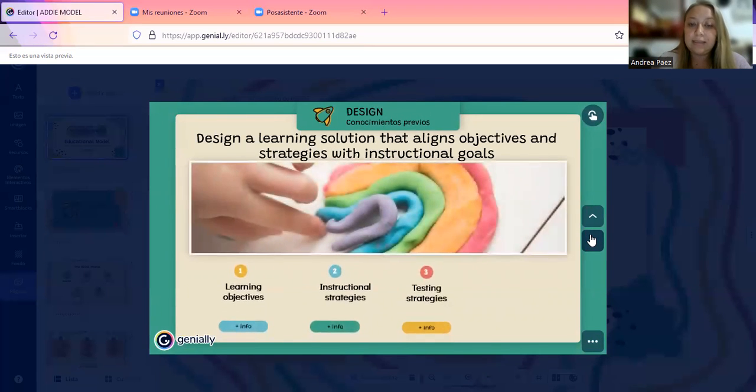Next is design. For design, we design a learning solution that aligns objectives and strategies with instructional goals. First, the learning objectives. They are specific, measurable actions to fulfill some goals. The instructional strategies,